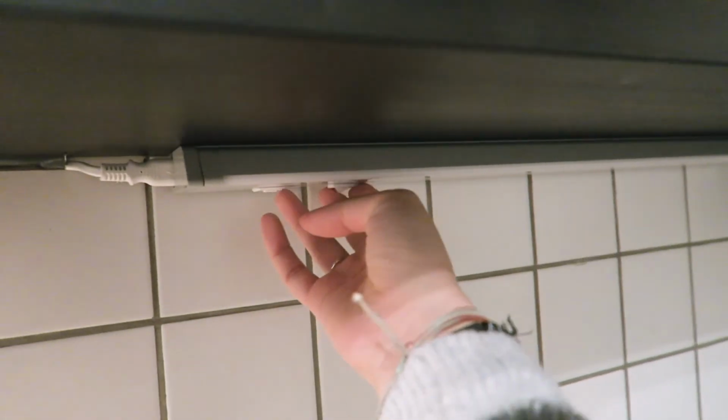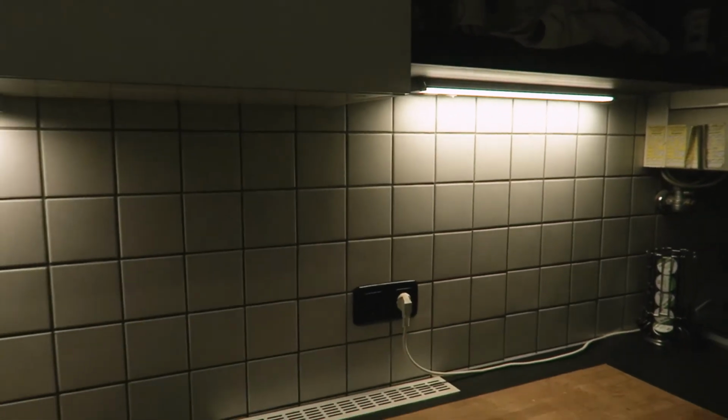And then the last and final step that we actually did was we installed some new kitchen lights. So we have 3 in total and you don't have to turn on all of them at the same time, so you can just turn them on whenever you need. And you can also decide if you want to dim them and what light temperature they want to have. You can have a really cool light and you can also have a really warm light, which we are currently going for, and I think they're just so helpful and they just give an extra touch to this kitchen,